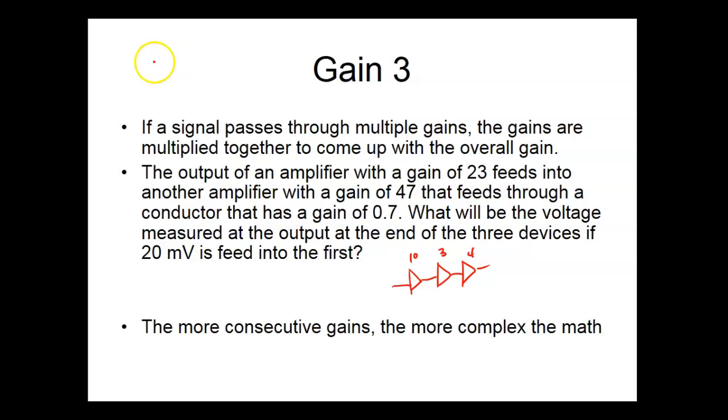Okay, so I'm getting $3 an hour, and my boss says I'm going to triple your salary. So am I going to add 3 to it? You multiply the gains together. And then I triple your salary again. Now you say, well, make them $9 an hour. But I would like to be your boss,